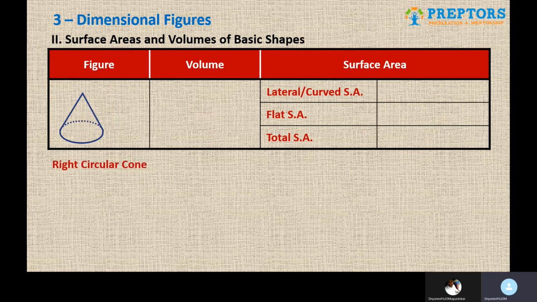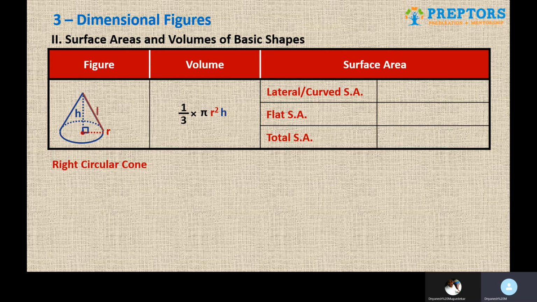The next one is a right circular cone, again two terms, h and the base radius r, and then an additional third term which is the slant height L. Now if I ask you what this figure looks like, whether it is a prism or a pyramid, clearly you are going to say it's a pyramid because the walls are tapering at the top. So volume of the pyramid, if you remember the generic formula, it was 1/3 into area of base into height. So area of base is a circle which is pi r square into height which is h into 1/3. So the formula becomes 1/3 pi r square h. That's the volume of the cone.